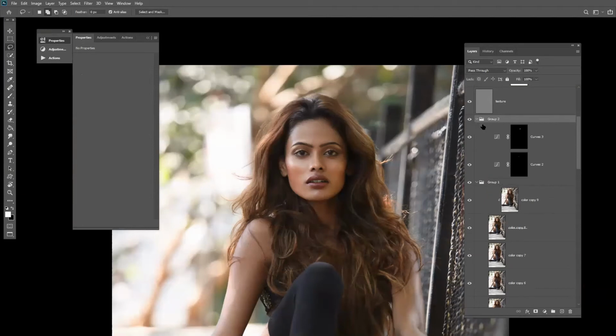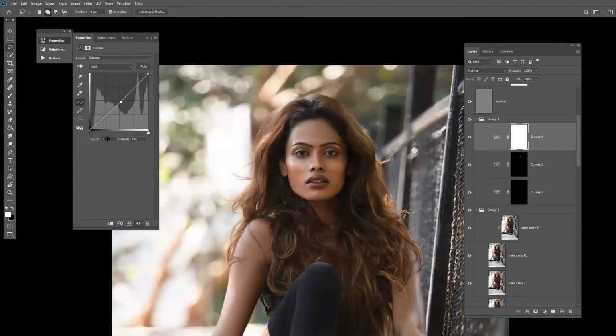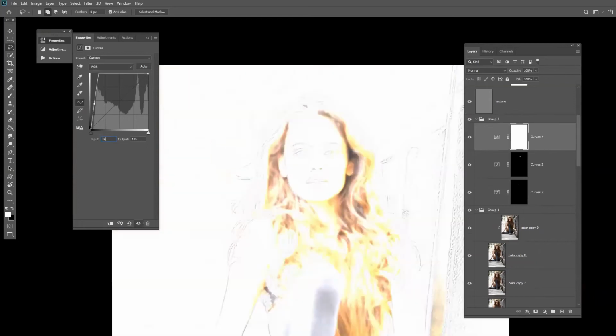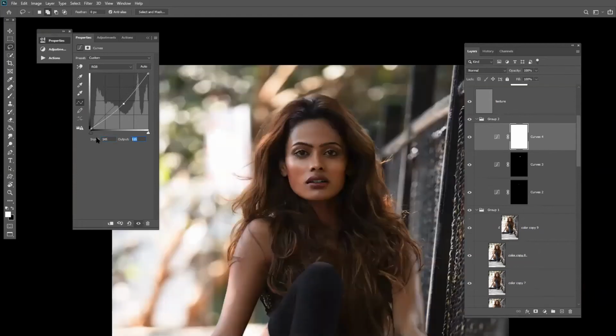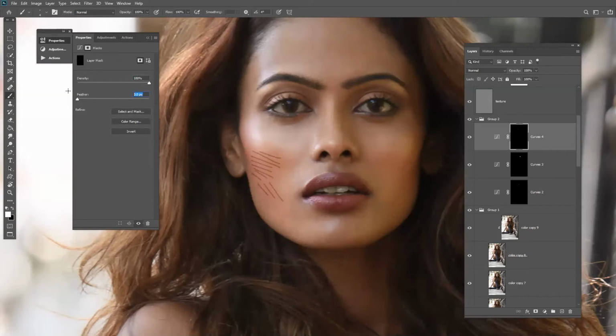Now let's come to the burn layer. Curves, put down the burn, 145. Double click the mask. Now we can merge the lines.